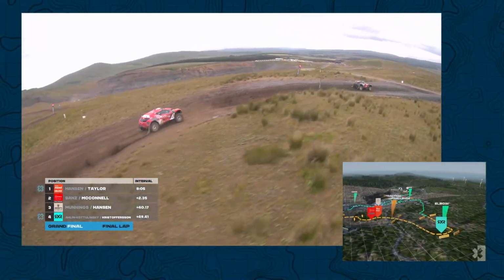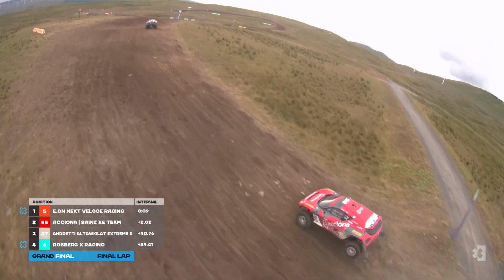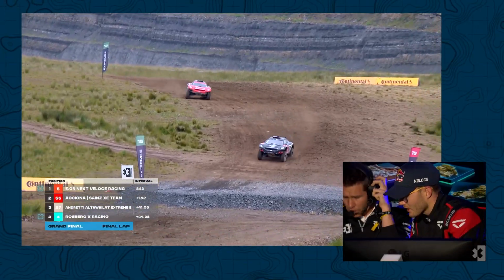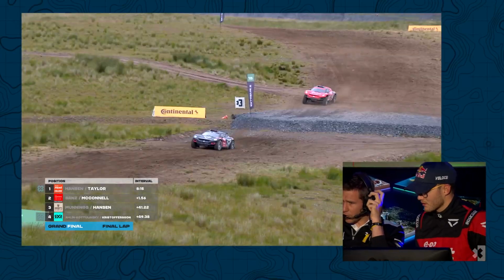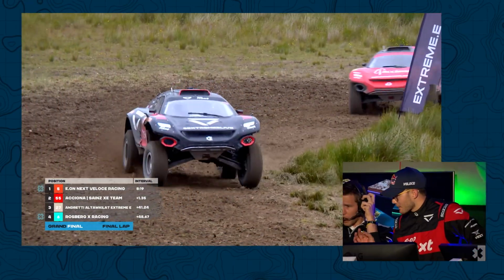Fraser McConnell is really closing in now on Molly Taylor. Molly, though, has that hyperdrive to try and stretch her legs and get away. This is a good place to use it. If you're going to use it, try and get a bit of extra speed up into the Continental Traction Challenge. Kevin Hansen looks on nervously as they come up through here. Yeah, Taylor just holding on to that